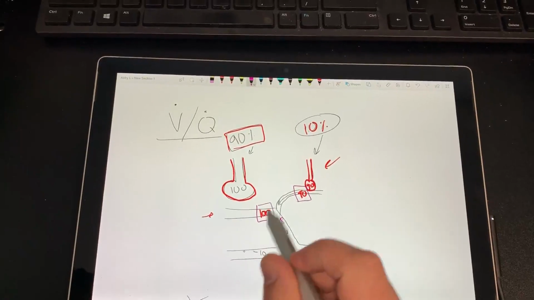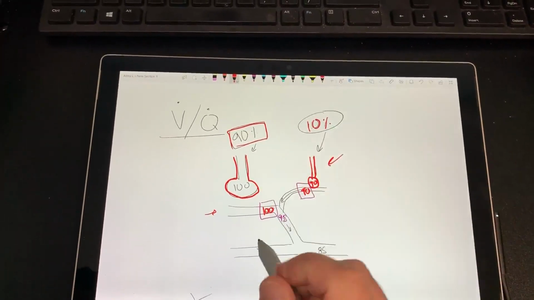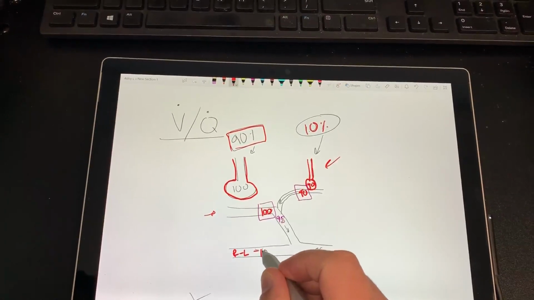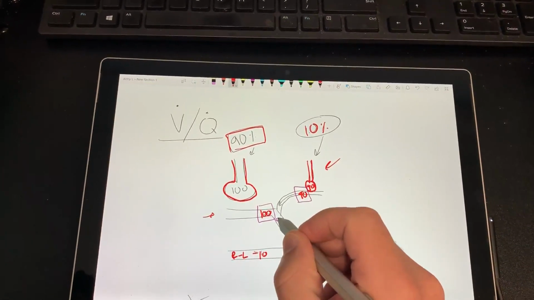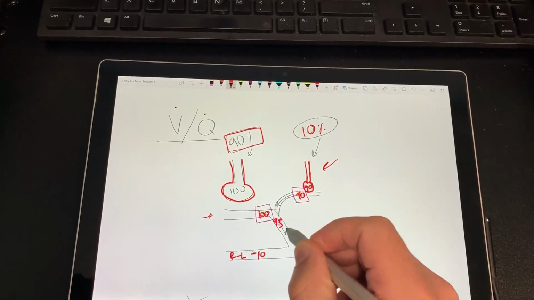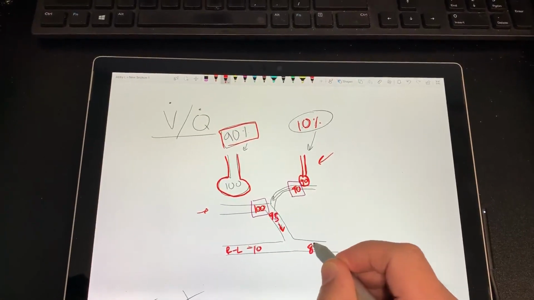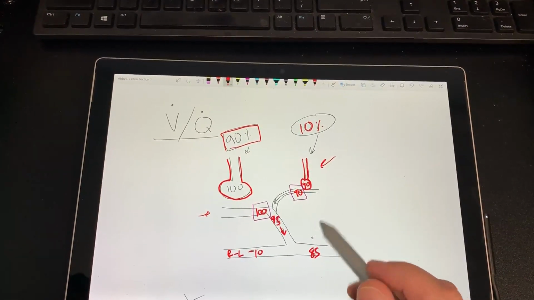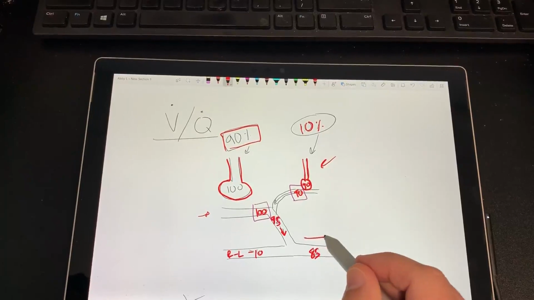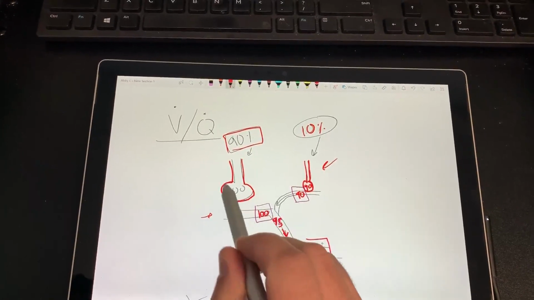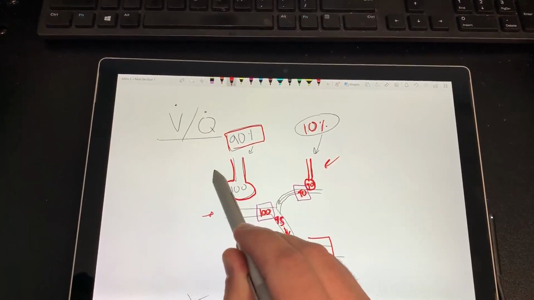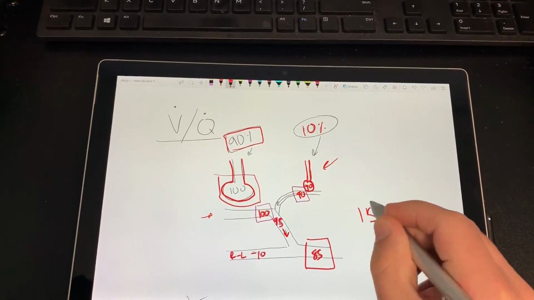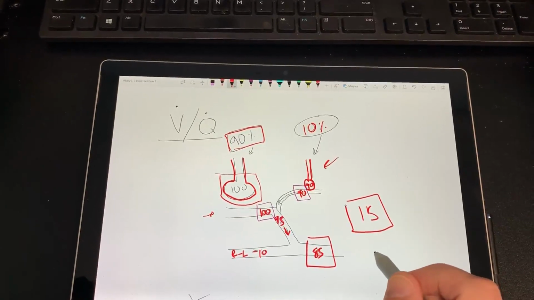And then don't forget, we've got our normal right to left shunt. We're going to say that's a 10 right there. So now we're going from 95 down to 85. Do you see that? So the AA gradient would be you're taking the 85, and then you're also taking the majority of the lung, which is sitting at that 100. So that's going to be an AA gradient of 15,